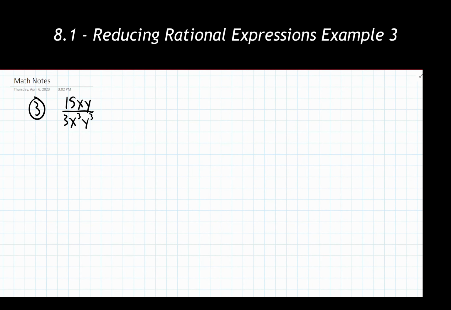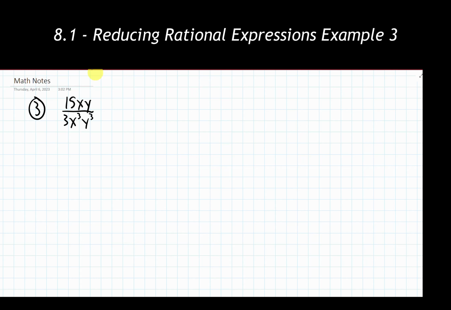Example 3 gives us something a little bit weirder than what we've seen previously, in that we have a monomial in the numerator and in the denominator spot. And we have multiple variables showing up in both the numerator and the denominator spots. But we're still going to follow our process, and that's going to get us right to our final answer. So I'm looking to the numerator and seeing, is there anything I can factor out of the numerator? And no, there isn't. We can never factor anything out of just a monomial, which means the denominator can't have anything factored out of it either. So both of these things are fully factored as best they could possibly be.